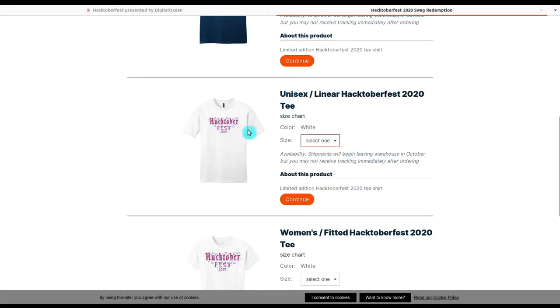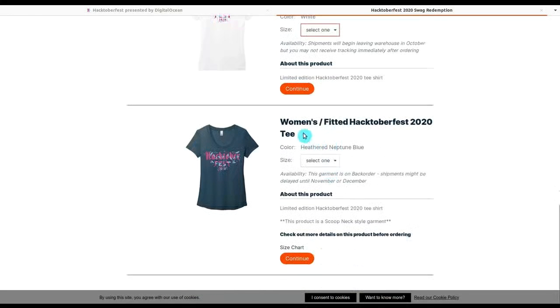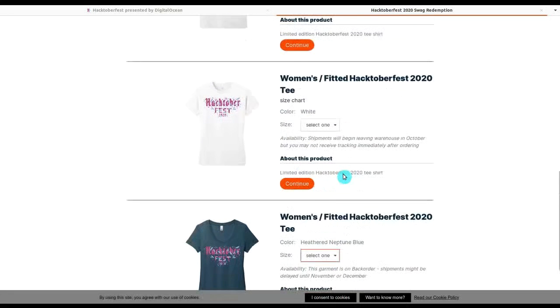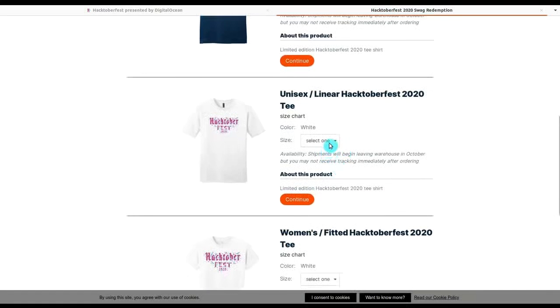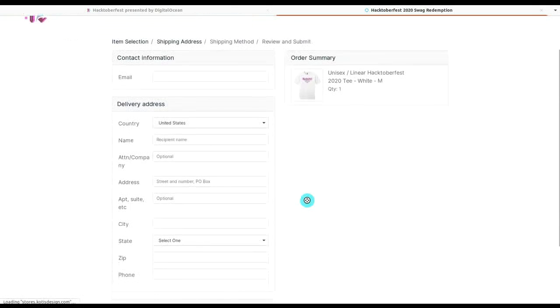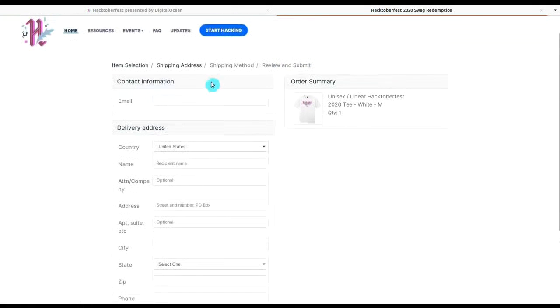This is another t-shirt, and this is the woman's t-shirt, white, and this is black. So in this fest, in this year, we got different products to be shipped for $0. Okay, so I will select this and click on it to give my contact details here for shipping the t-shirt, and